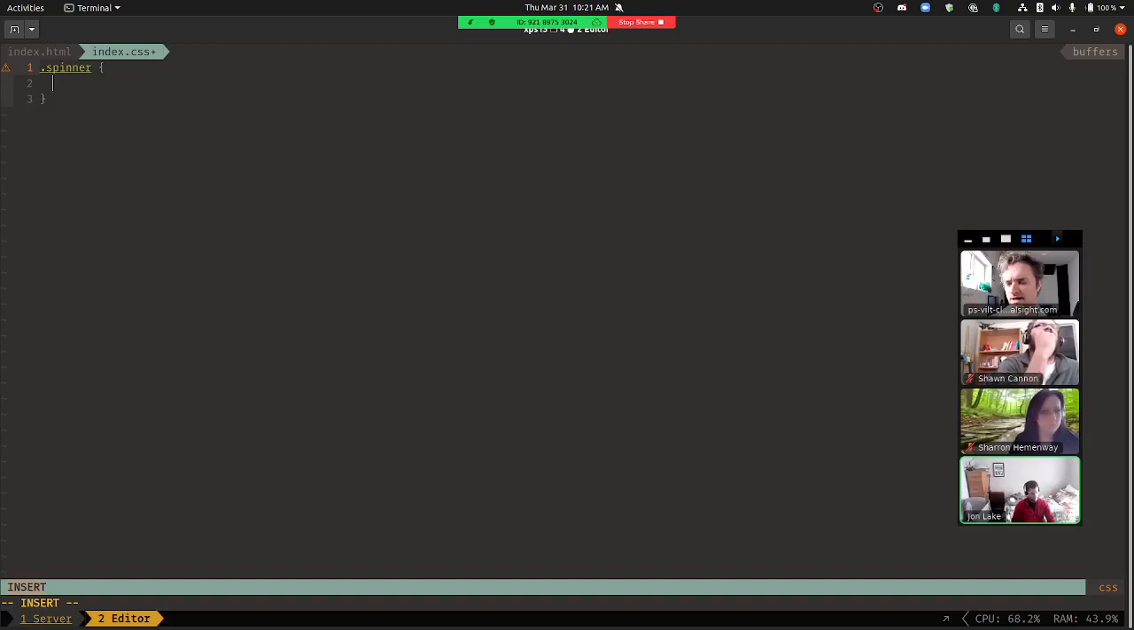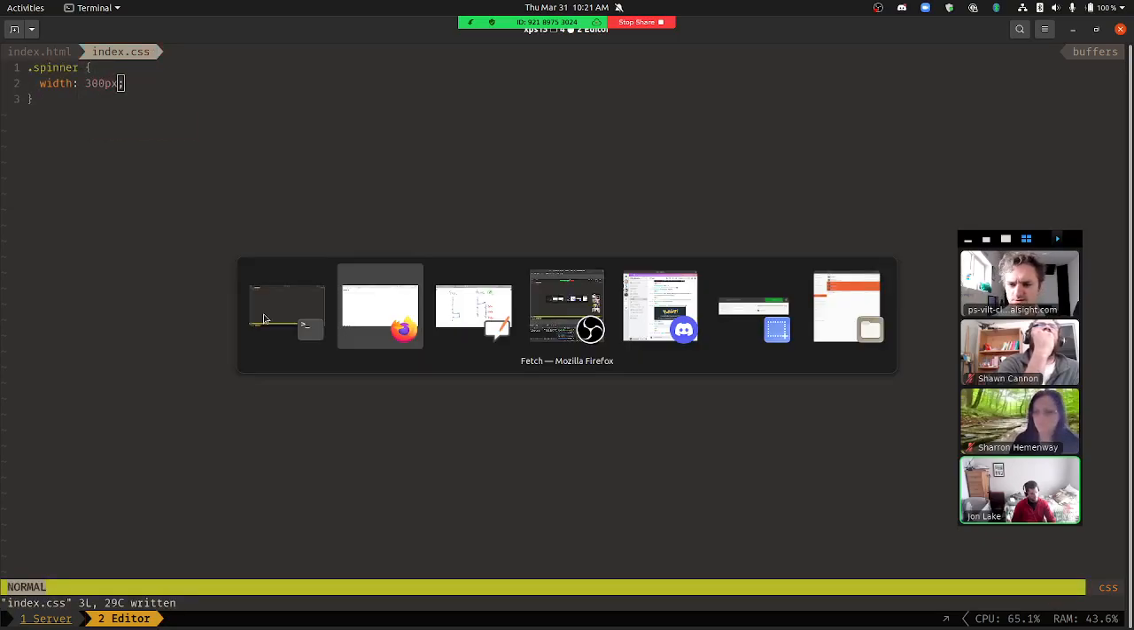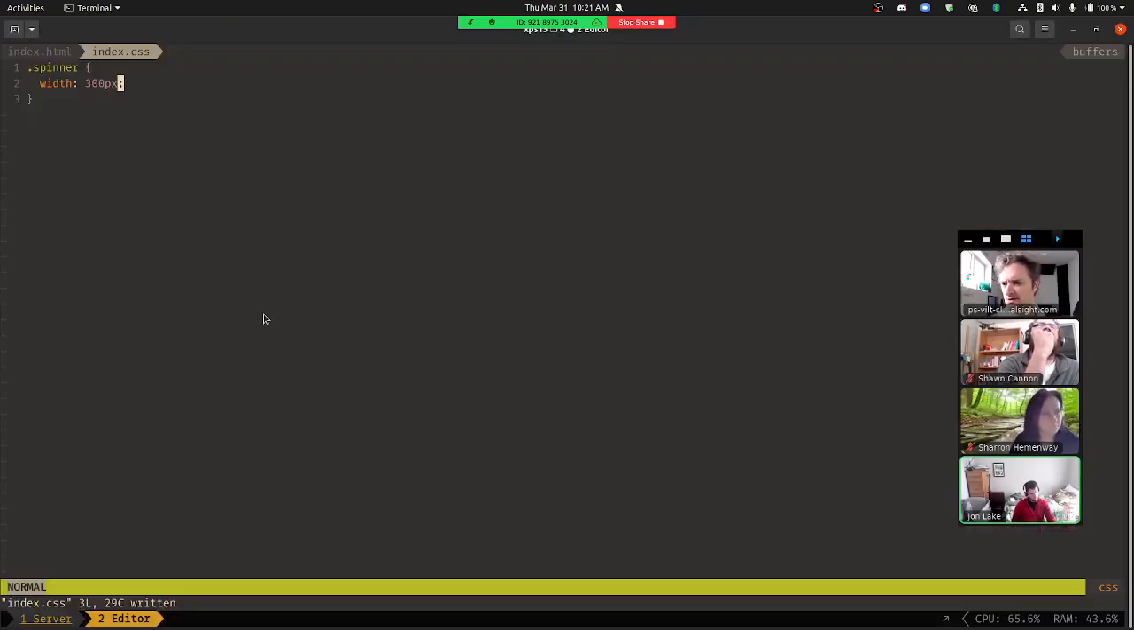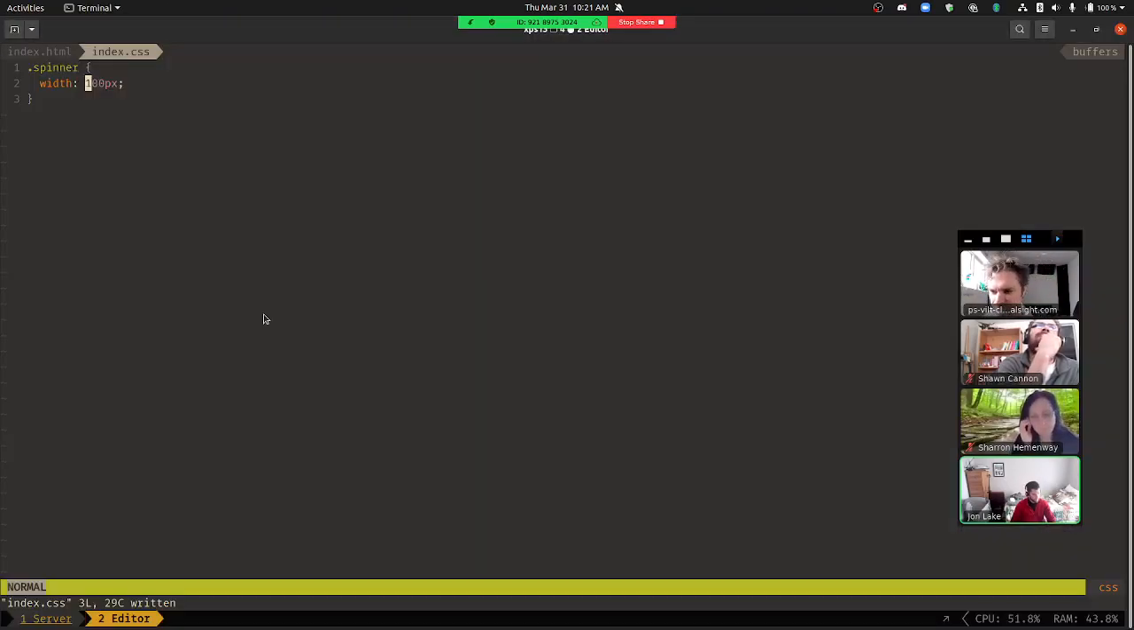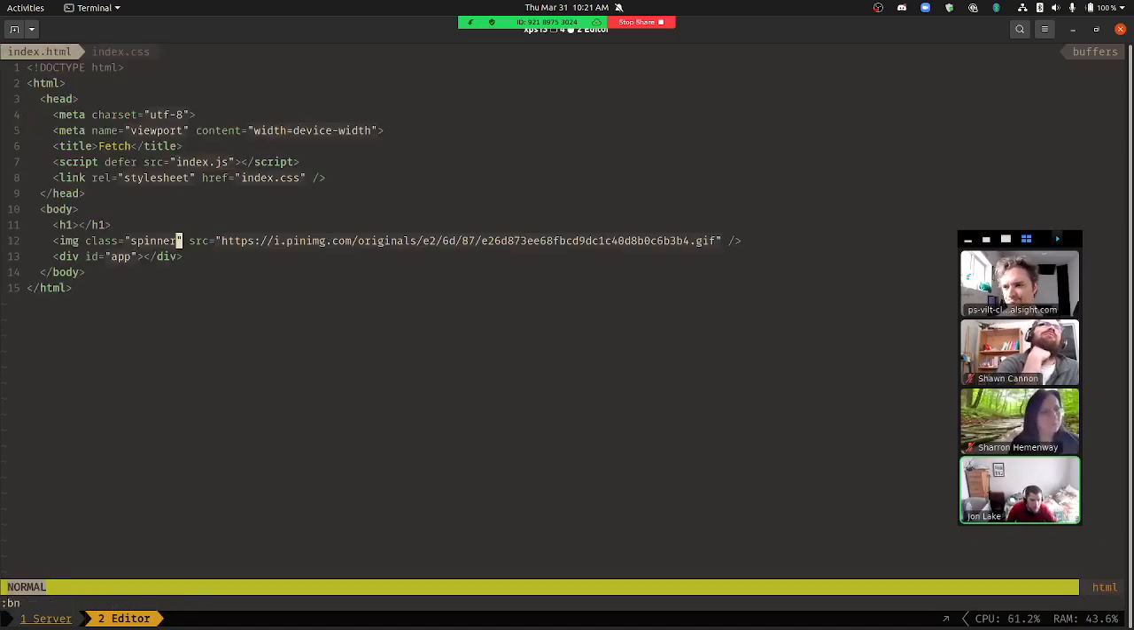do something like width 300 pixels. It's a little bit better, maybe less. All right, so now I've got this spinner. Maybe I also want a hidden class that just does display none. Cool. So now in the JavaScript file,